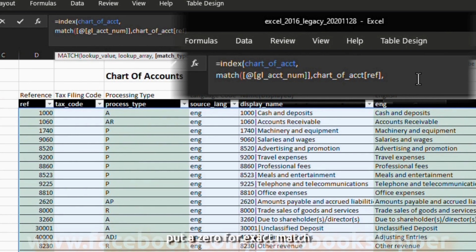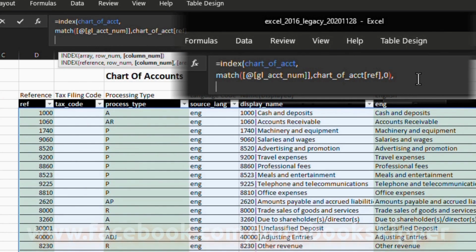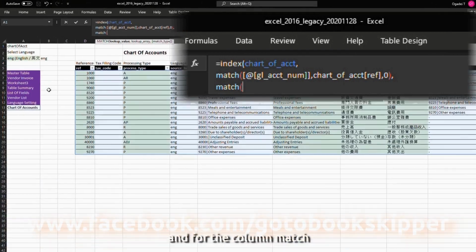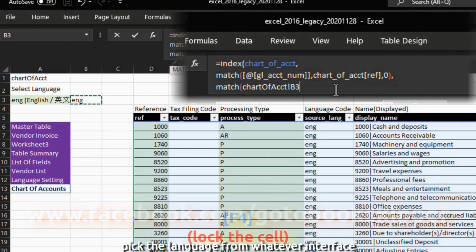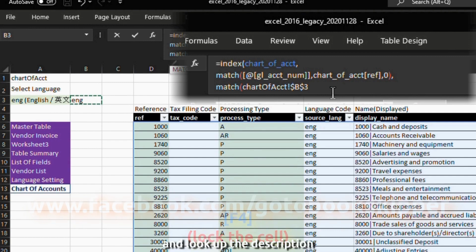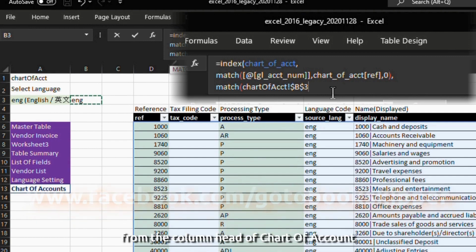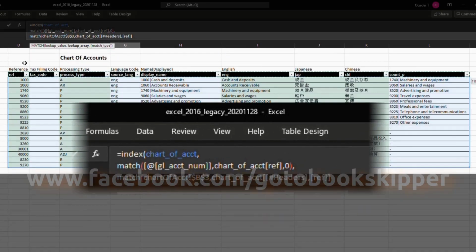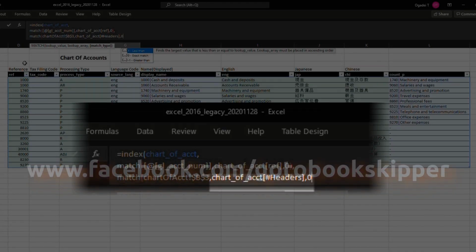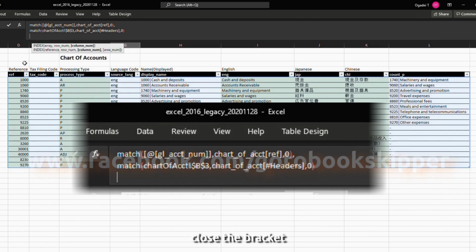Put a 0 for exact match, and for the column match, pick the language from whatever interface and look up the description from the column head of chart of account. Close the bracket,